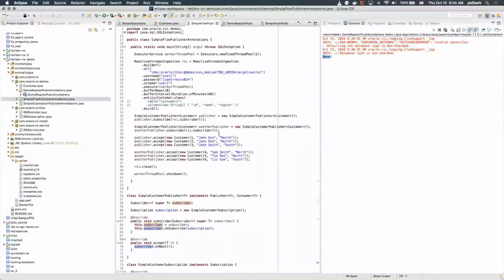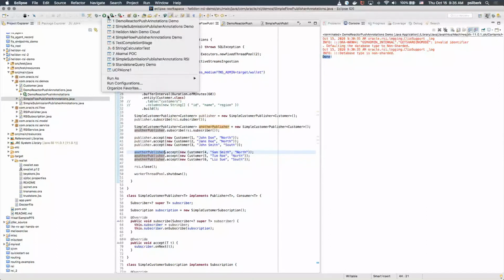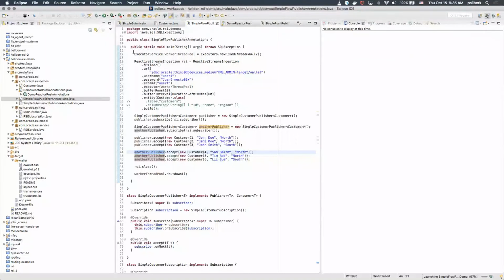So we're going to run this example with two publishers pointing to the same library, and we are going to insert these 6 records. And you're going to see the library saying, okay, I can get more records. That's something that you don't have with the push publisher.